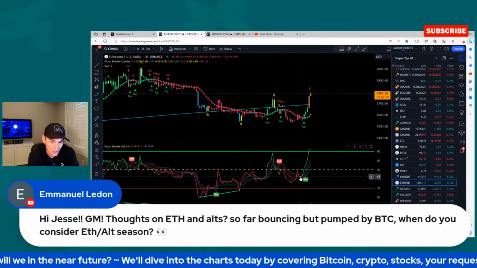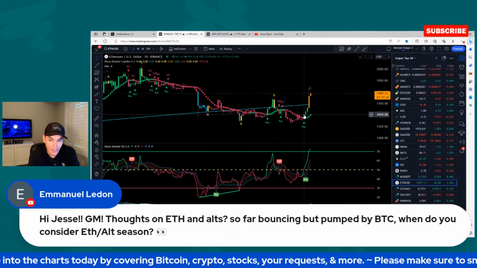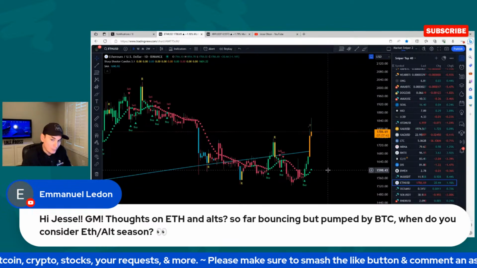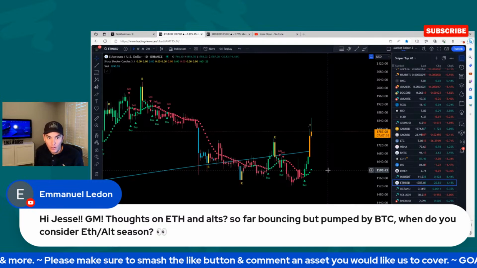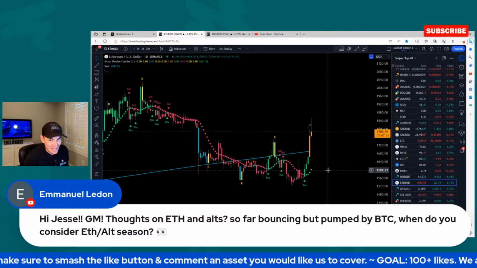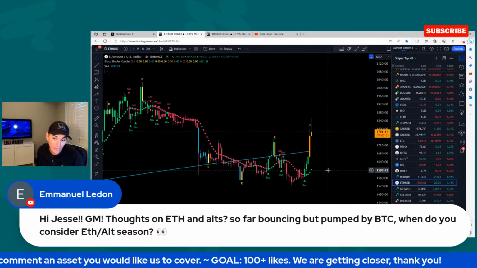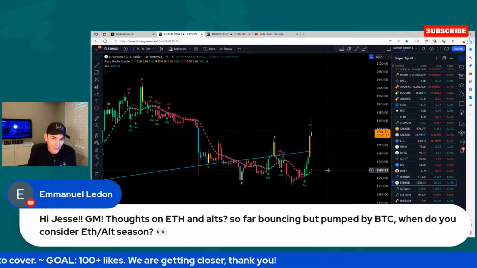And then this is looking like a sneaky higher low, right? And then you get a buy signal here at 1604, and then it takes off to the upside. So waiting for someone to call altcoin season while Bitcoin is pumping, while Bitcoin dominance is still very strong on the weekly chart, is not really something I'm interested in.